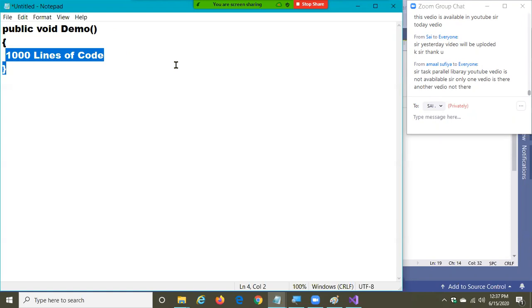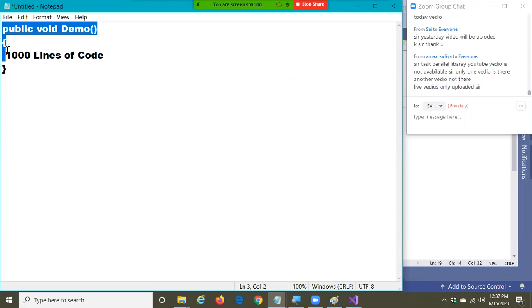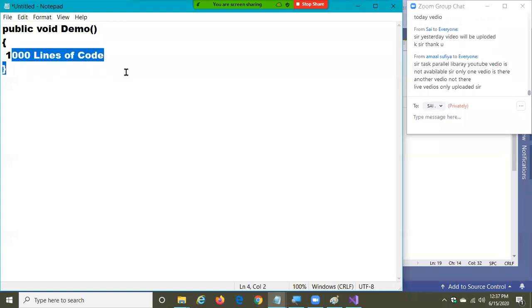And here, notice, when you have this 1,000 lines of code, a lot of coding is going to be present in this.